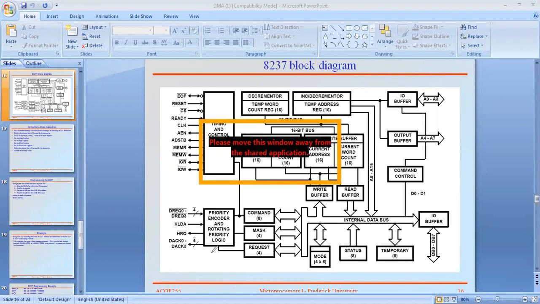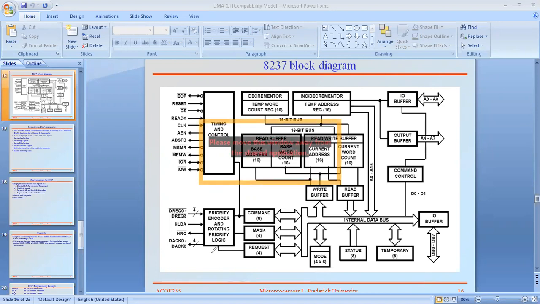I already explained the same concept with the example of our classroom; just rewind that example. Similarly, here multiple requests are available: data request 0, 1, 2, 3, 4.